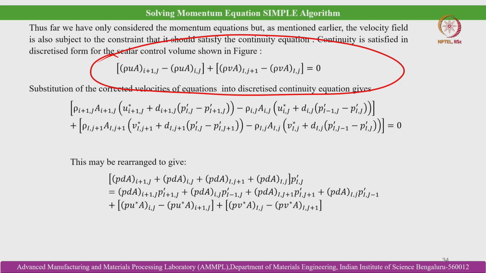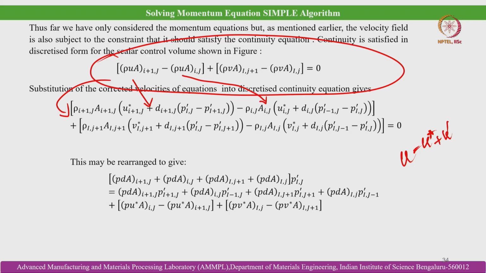As we know, u is equal to u asterisk plus u prime. So, this is how we are arriving at this expression from this equation. Then rho I plus 1 capital J multiplied by a small I plus 1 capital J into u asterisk I plus 1 j, plus d/dI plus 1 into p prime I j minus p prime I plus 1 j, minus rho I small I capital J into coefficient capital A small I capital J multiplied by. So, this is the expansion of this term, and this term is the expansion of this term,